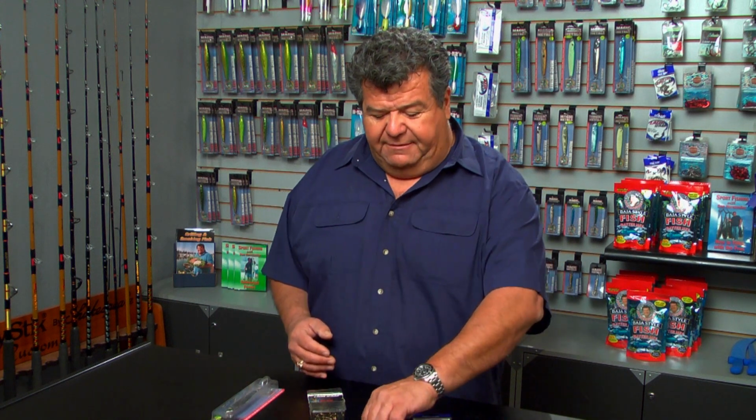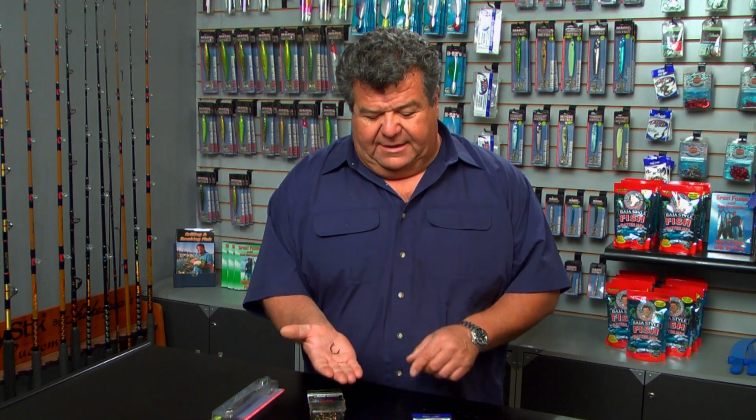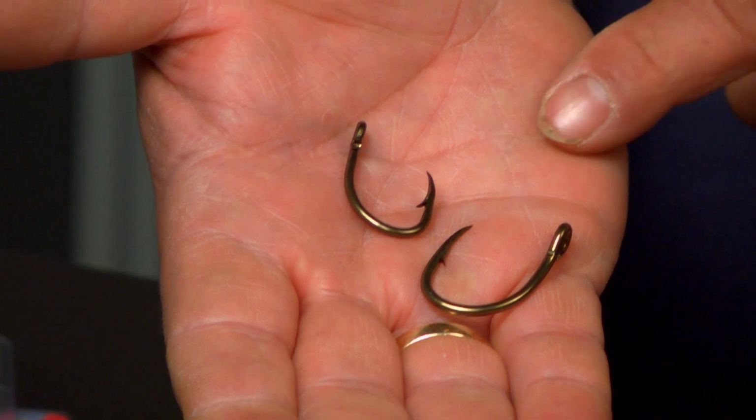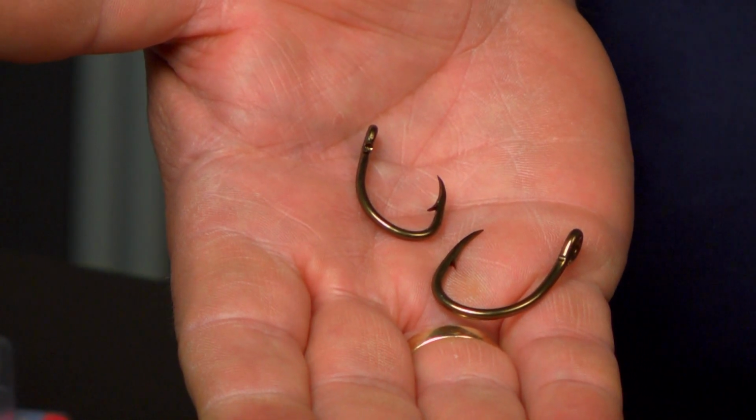Now, as far as baits and hooks and all that, when you're using live bait for bluefin tuna, you need to have a selection of hooks. I would have something maybe as small as a size 1 or size 2 if all you have are small anchovies for bait. But you also want to have some 4-0s and 6-0s just in case you get those bigger